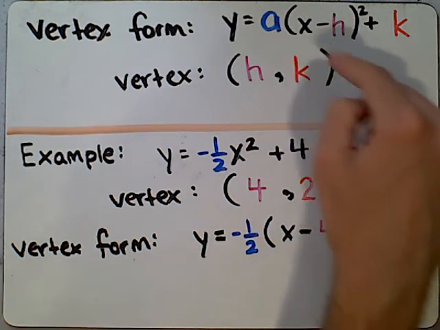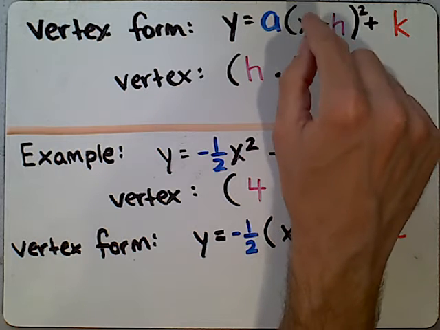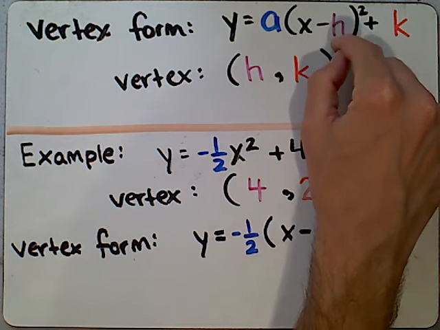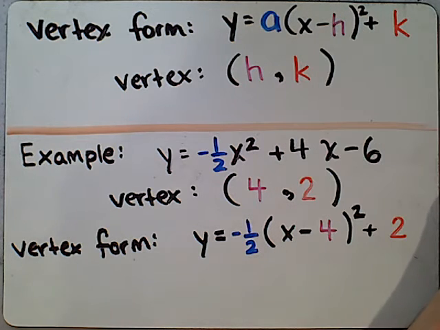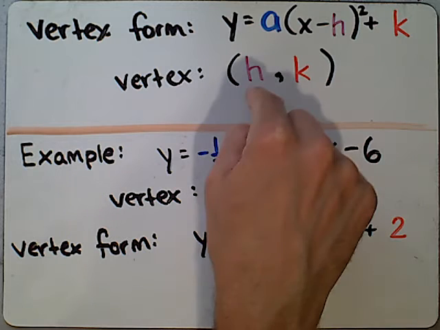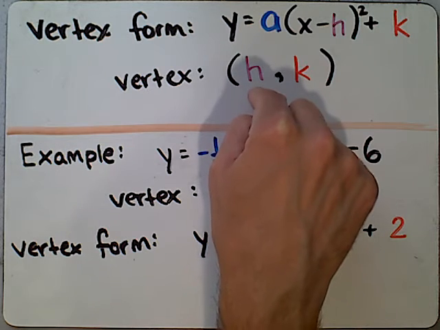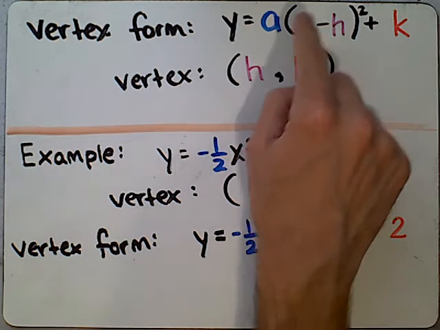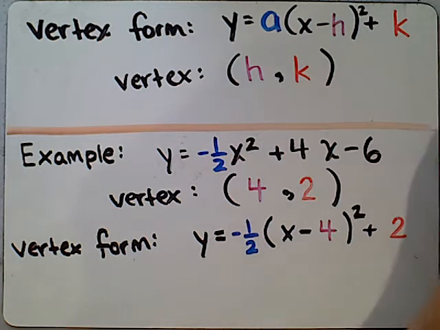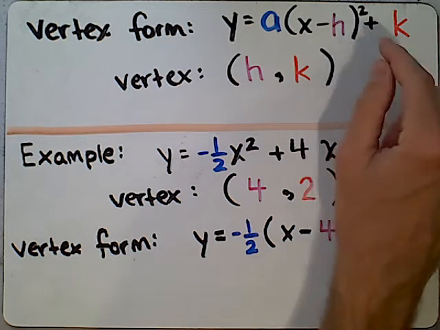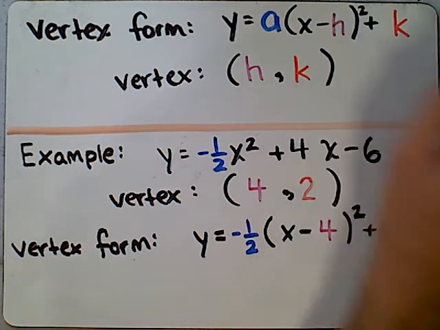So after you get to the parentheses you have x, and then this is very important. It's x minus h. Now h is going to be represented by some number. That number is going to be the x-coordinate of your vertex. So basically, x minus the axis of symmetry, whatever that happens to be. You end the parentheses, make sure to have the squared term outside of those parentheses, and then you're going to